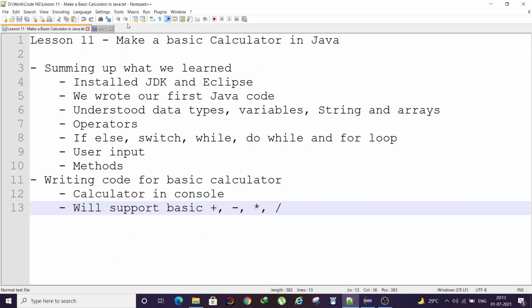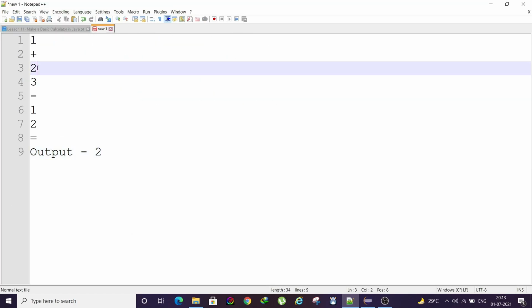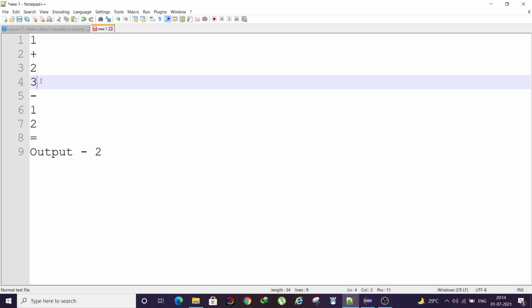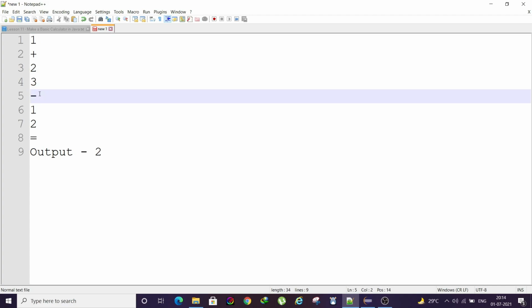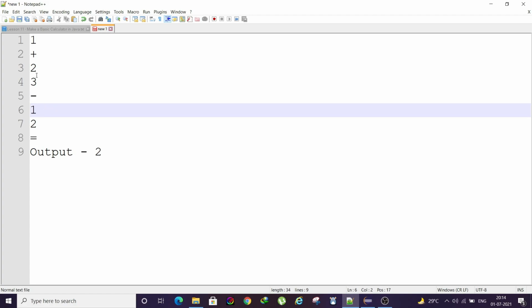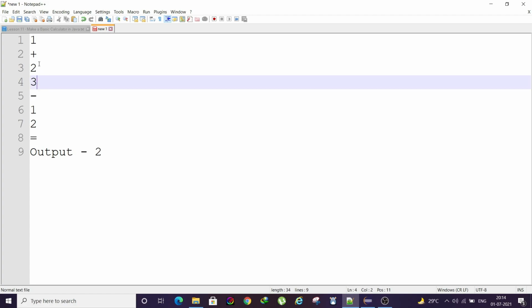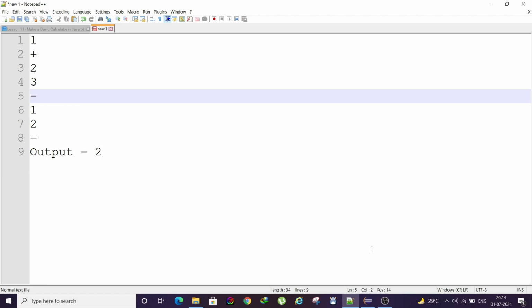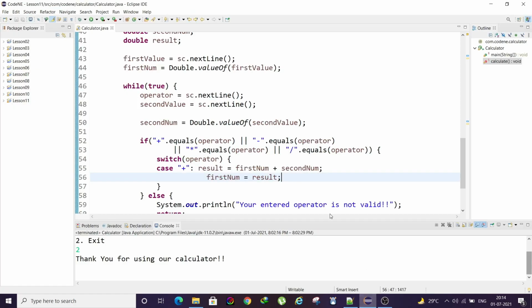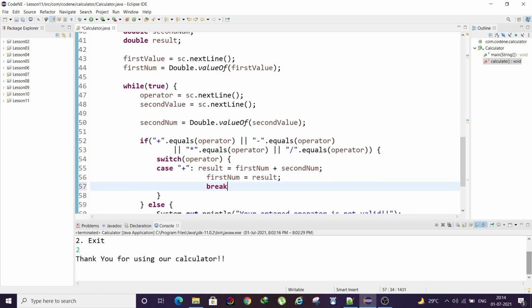As I explained before, our calculator will keep on the flow. It will not stop. What I mean is, when the user enters the second value and clicks enter, it will show the sum, and then he can enter another operator and another value, and it will do that calculation also. So it will carry on the value from the previous calculation. Okay, so our program will run seamlessly. So after the case, obviously we need to put break.